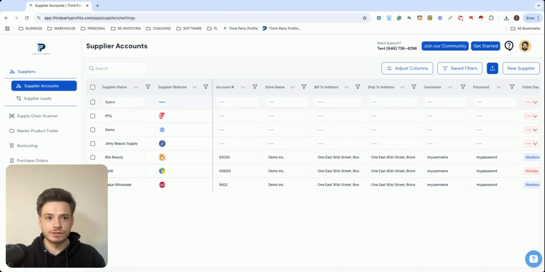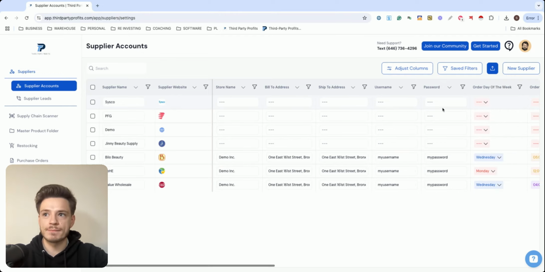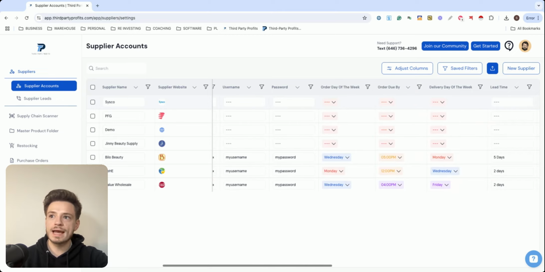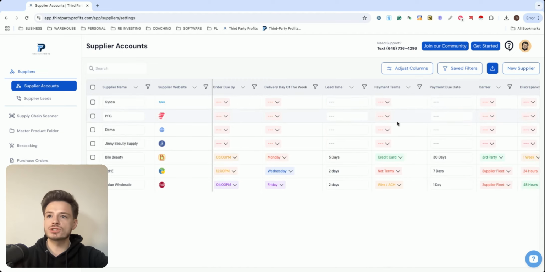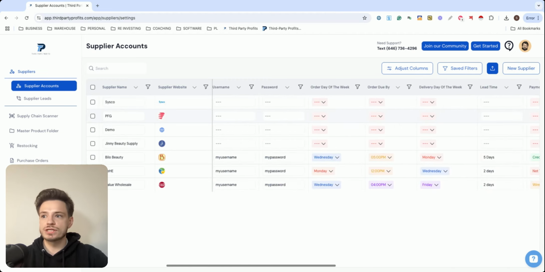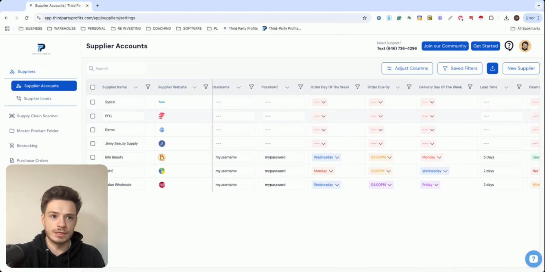Now, we have a bunch of different data as well, such as username, password, order date, order due day, delivery date, lead time, payment terms, payment due date. So the reason why you'd want to fill in this information is to stay organized in your business. For me personally, I like to have this information so my VAs, my team, they know what orders are due by when, because they're the ones that are submitting it to me, where my company's reviewing them, as well as,